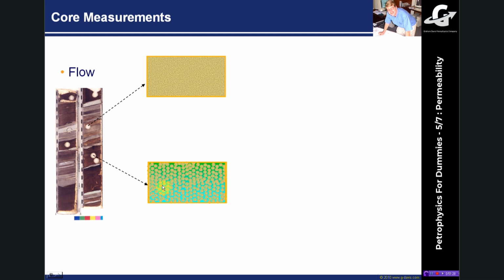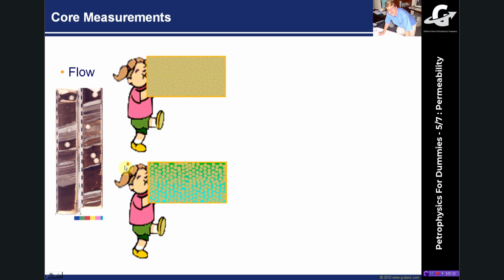Now, to measure permeability across there, if you can imagine yourself blowing on one end of this core plug, and you can imagine that if the pore space in the top one is quite tight, quite small, you'd have to blow quite hard to get air out at the other end. Whereas the lower one here, it's a bit easier,